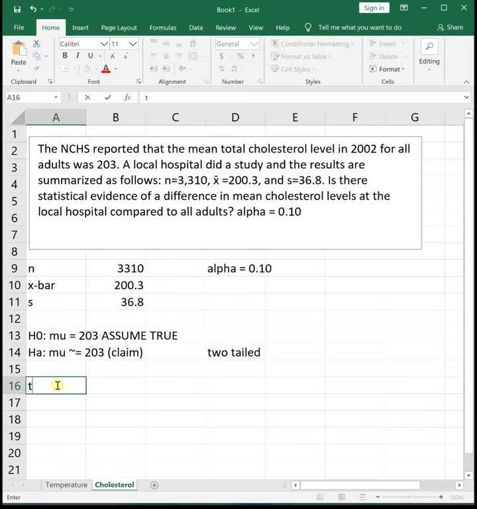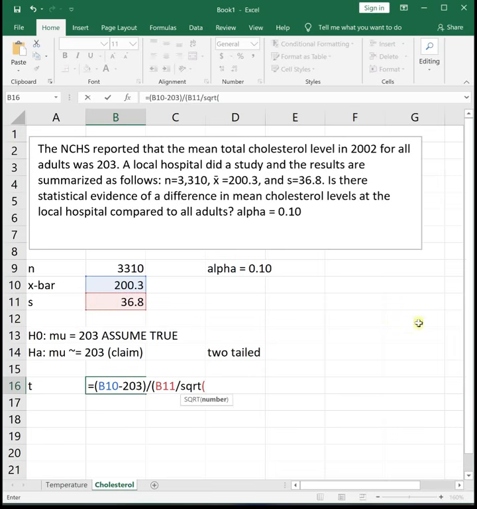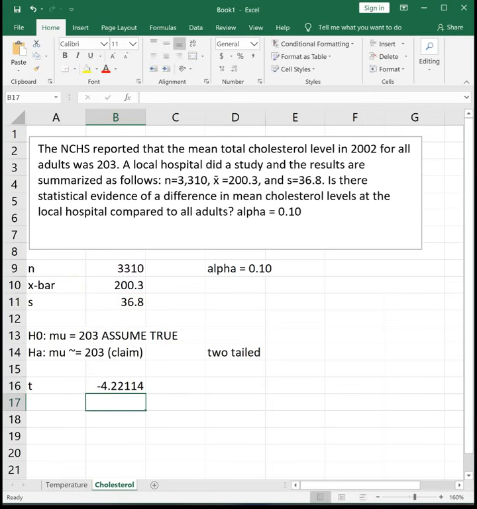Okay, so in our test statistic, we do our x bar minus the assumed value of mu, which is 203, divided by parenthesis s divided by the square root of n, being very careful with parentheses around the numerator and the denominator. So our t is negative